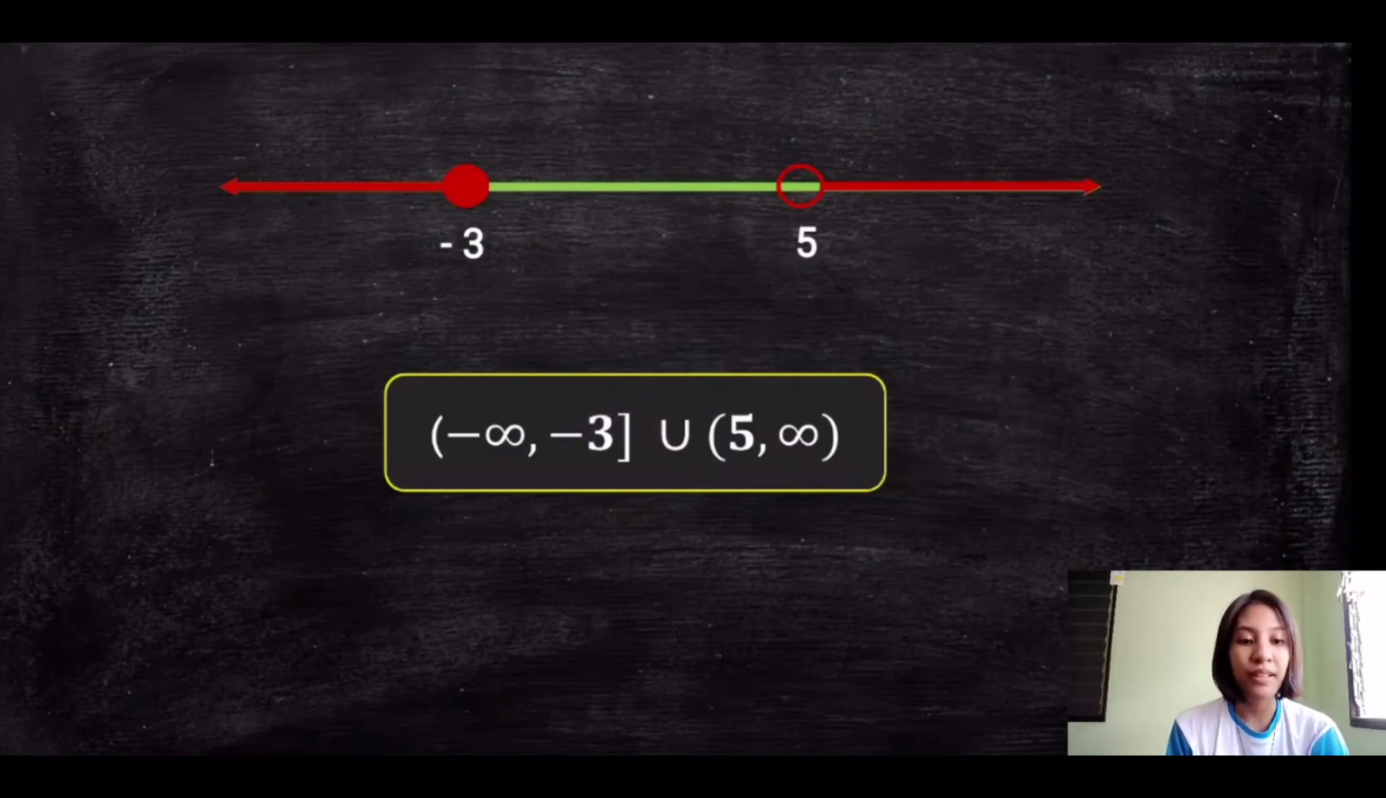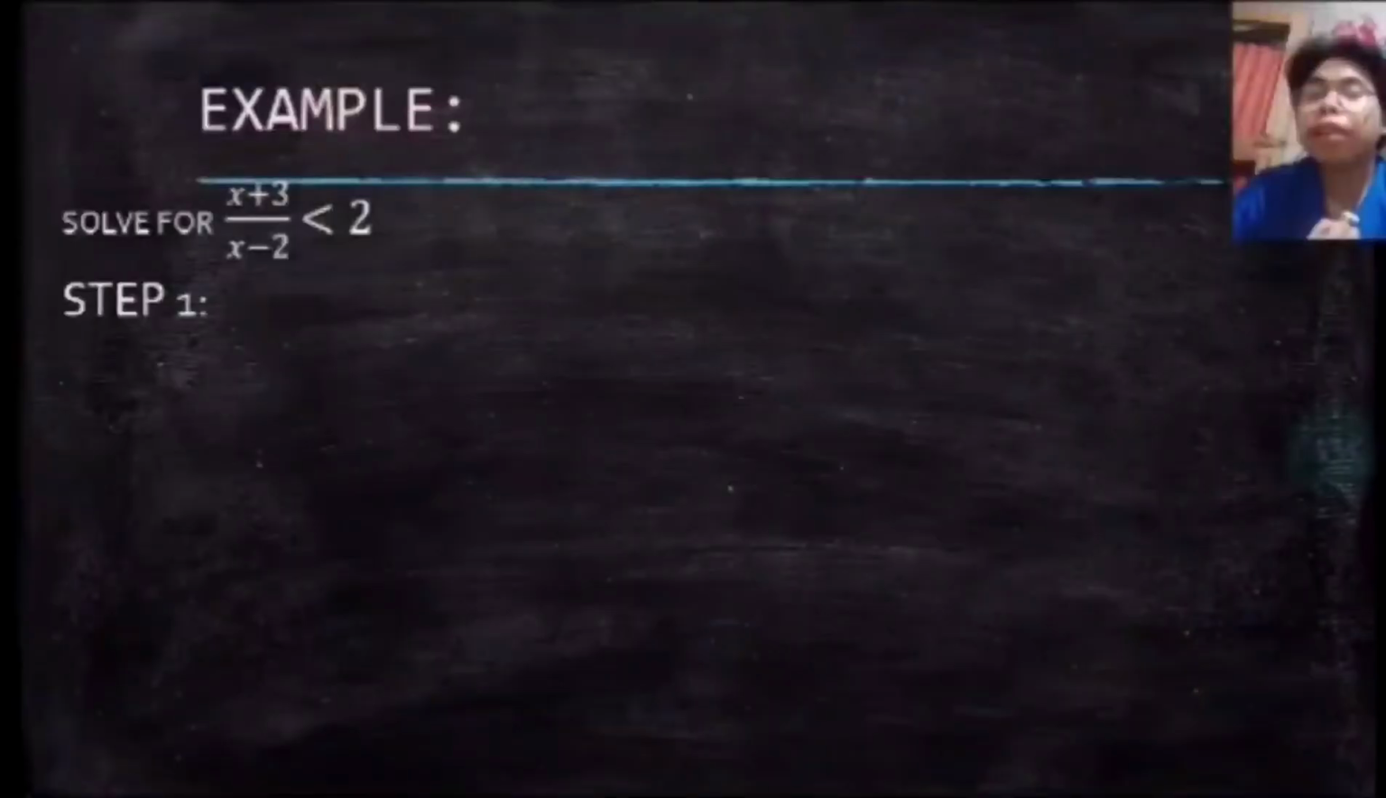Now we have another answer on the positive side, so we are going to use union. So open positive 5 because this is a hollow circle, then comma, going to positive infinity, and we are going to use parentheses. We have here an example of x plus 3 divided by x minus 2 is less than